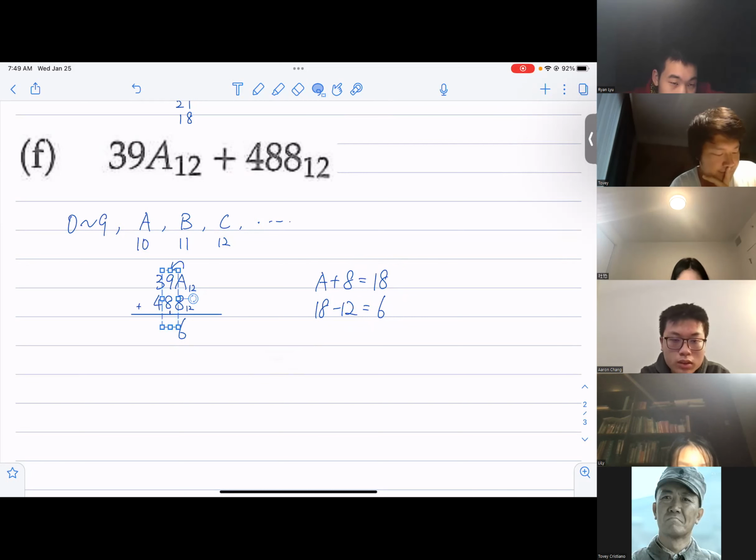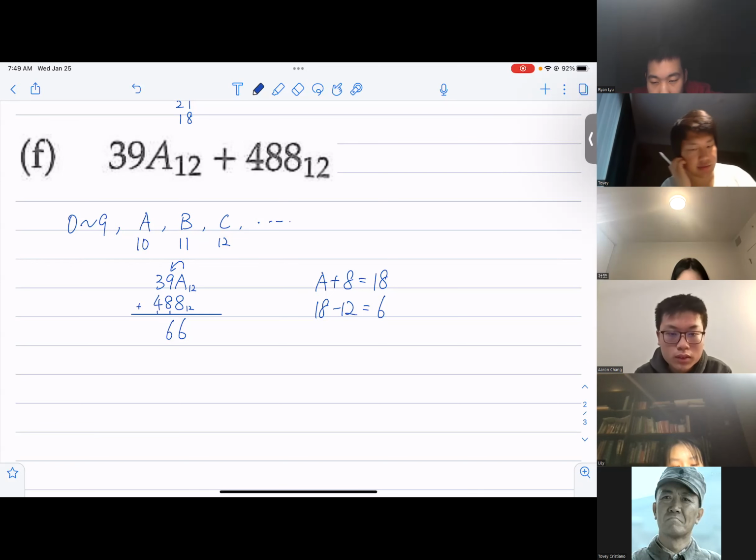Anyone? 18. Yeah, so you get 18, you carry 1 over and it's 6. Yes, so same stuff, right? You get 18, you carry 1 over, you have 6. And the last digit will be